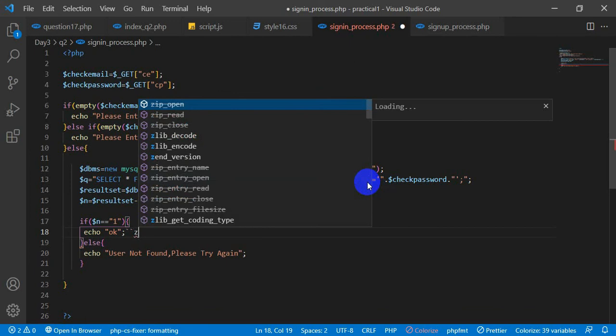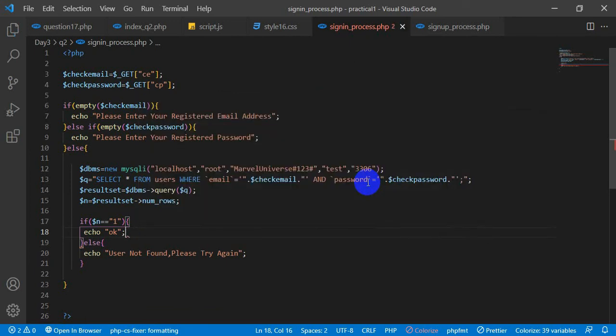And here the email that you are going to enter and the passwords are validated, and through the database I have set a query.